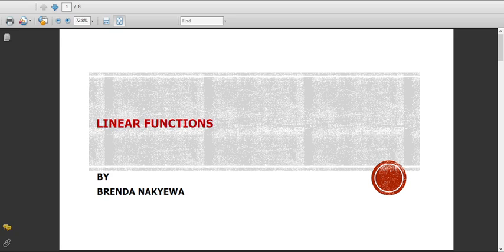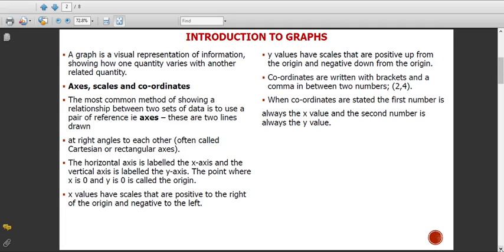Yes, and this is linear functions. Under linear functions, we are specifically going to look at how to plot graphs. A graph is a visual representation of information showing how quantities vary, or how one quantity varies with another. The most common method of showing this is using a pair of references known as axes, or two lines